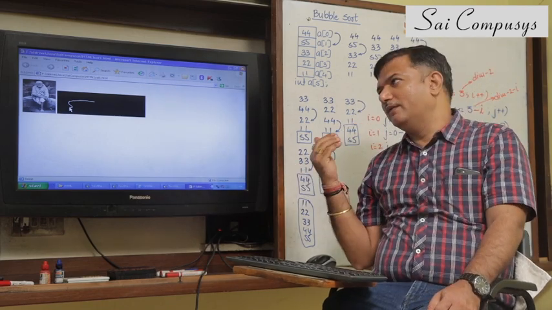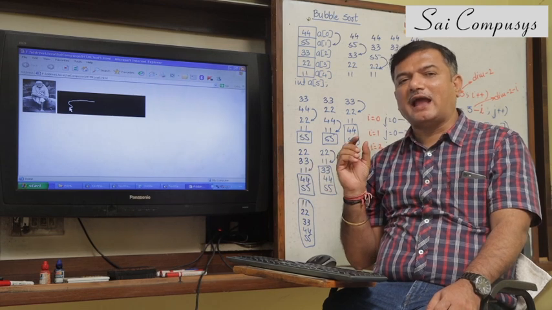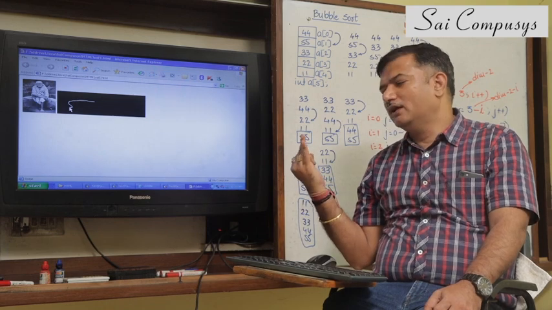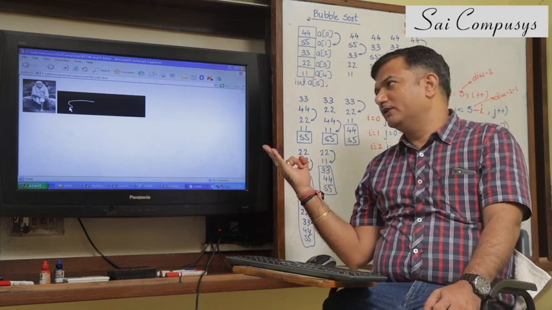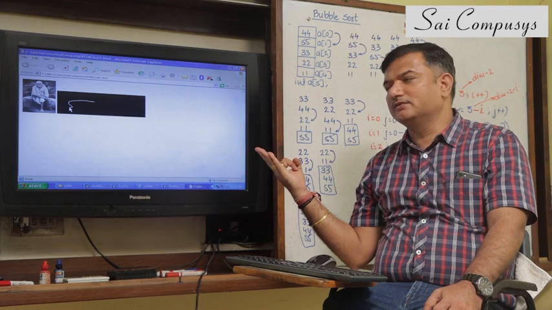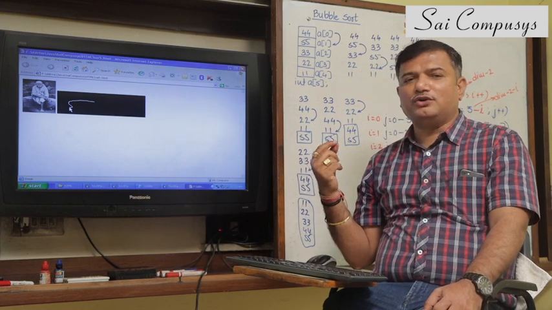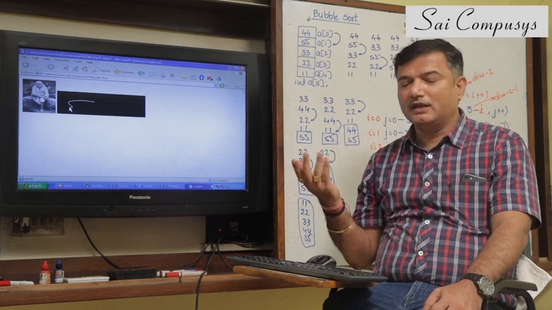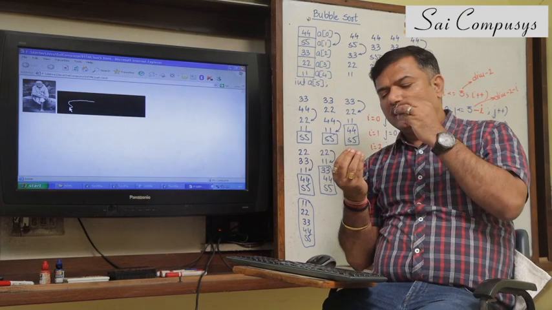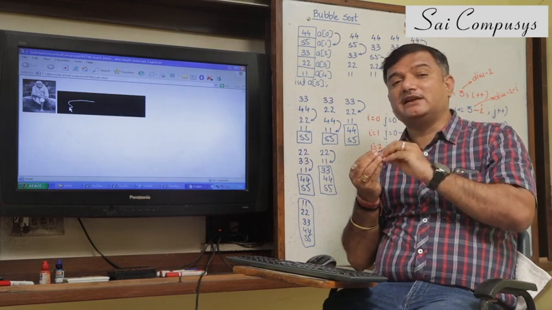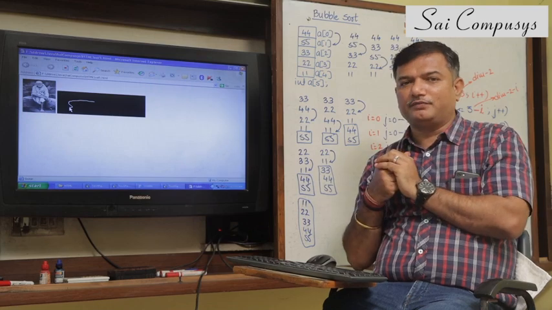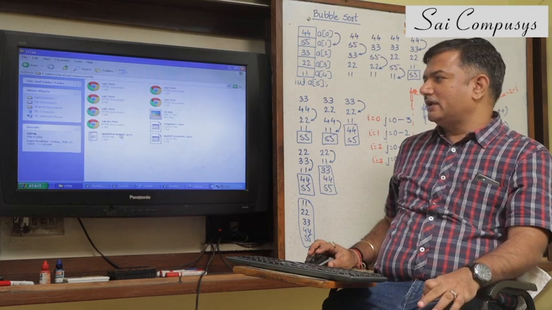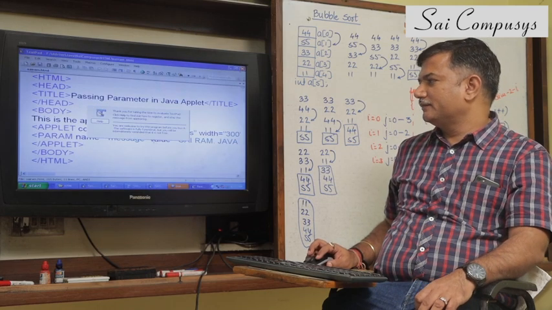How did we do it? In the HTML file we inserted the applet tag where we specified the class program with the help of code, the width and the height. It started showing in my web browser. One more thing we can do, from the HTML we can also send some parameters to the applet program. It's a very simple concept. An HTML file can send parameters to the applet program, and this can be very easily done. Inside the HTML, see how you can specify.